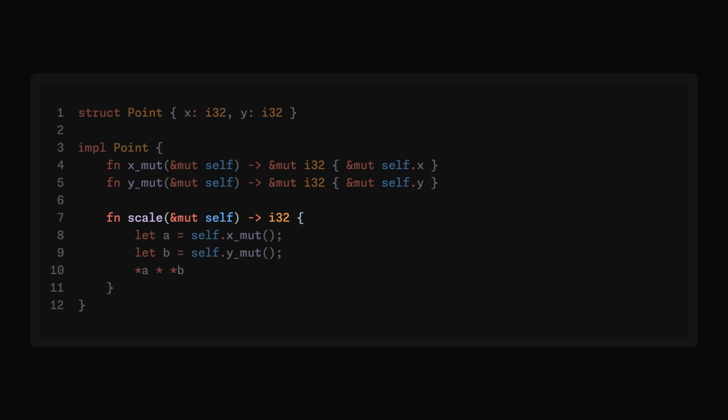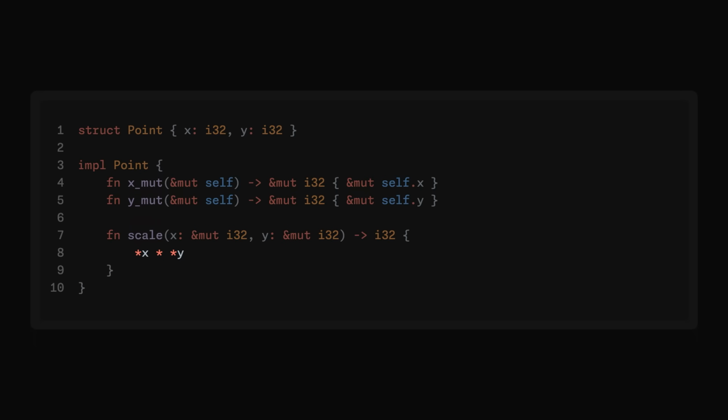So here's the fix, and it lives in this one line, scale's signature. Right now, it borrows all of self. Let's change the signature. Instead of borrowing all of self, scale now asks for two fields directly, x and y, as two separate references. The body still currently uses self to fetch those fields, which we no longer need. So we simplify the body to just multiply x and y. Now scale does not touch self at all, and because its signature names the two separate fields, the Rust compiler can see they do not conflict, and it accepts the code. The signature says exactly what the code touches.